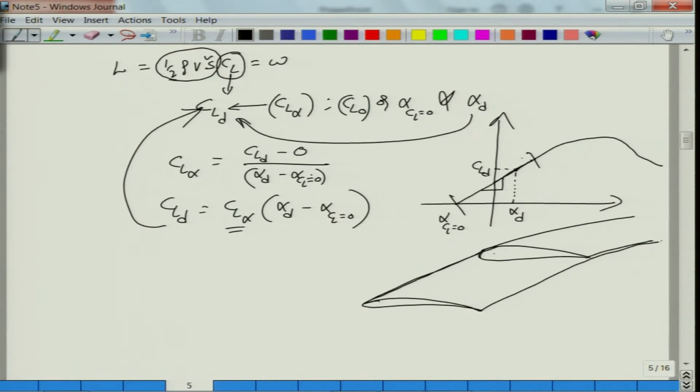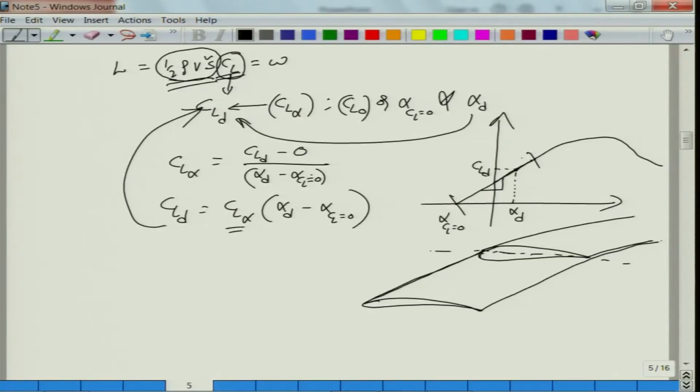So, the wing area is going to help you with the half rho v square, yes, but the cross section is what is going to help you with the corresponding CL design. So, when you talk about cross section, that means you need to talk about CL alpha of the entire wing, and then finally the entire wing is made out of cross sections at each and every location. That means you need to know what should be the profile that you need to select for that particular wing. To be frank, what should be the aerofoil that you need to select.